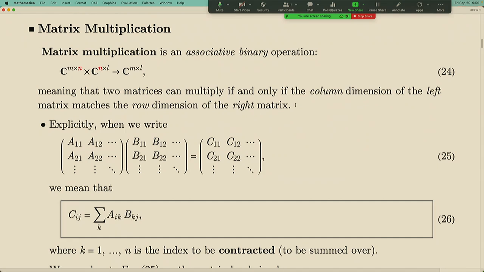So if you have a matrix of m row and n column, and another matrix of n row l column, then you can multiply them together, and then that becomes a matrix of m row